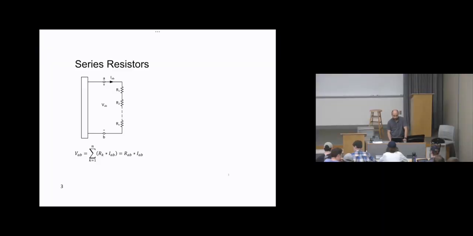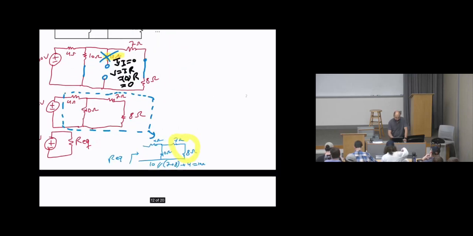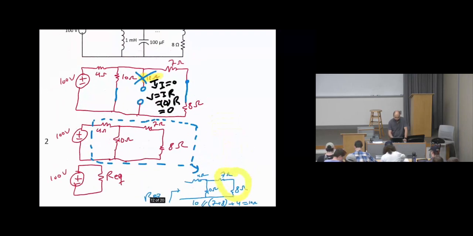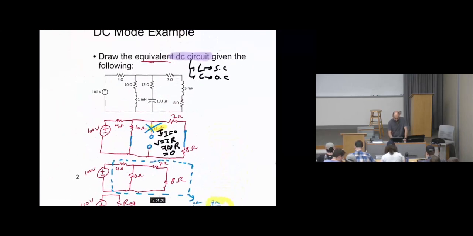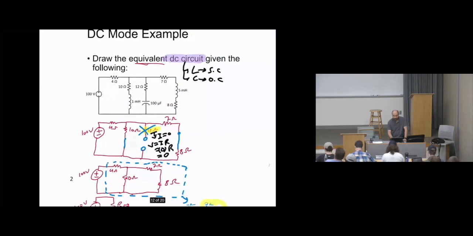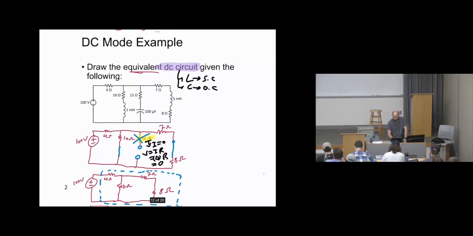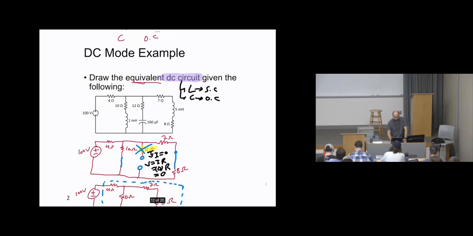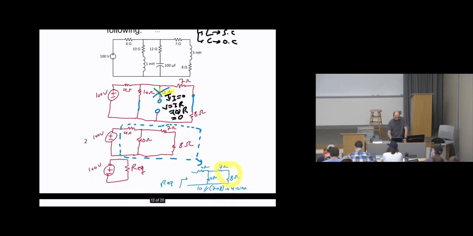So let's continue on DC mode. Last lecture, we discussed this example. Basically, in DC circuits, every inductor will be replaced by a short circuit and every capacitor will be replaced by an open circuit. Then the only circuit elements that we will have are three: